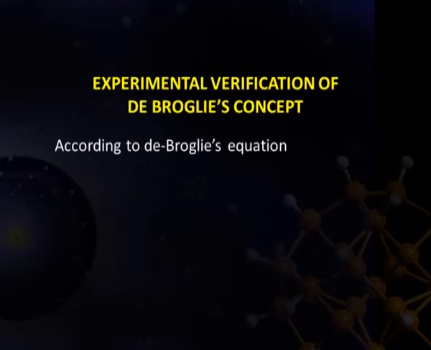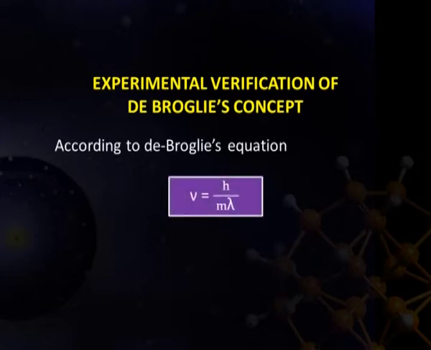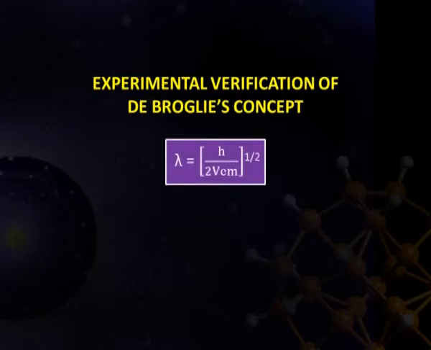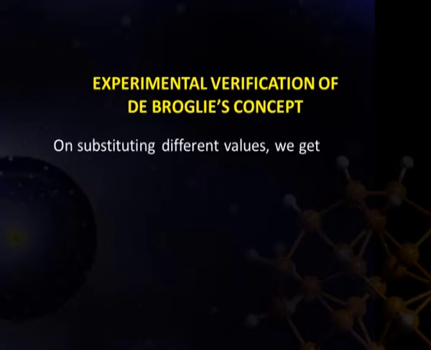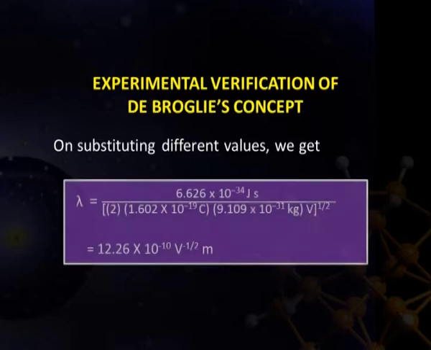According to de Broglie's equation, v = h / m lambda, so lambda = h / (2Vem)^(1/2), or h / m lambda = (2Ve/m)^(1/2). On substituting different values, we get